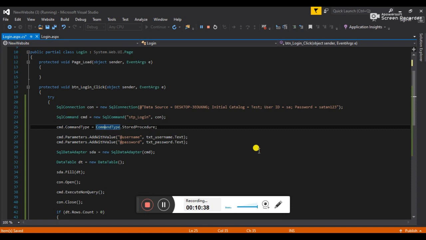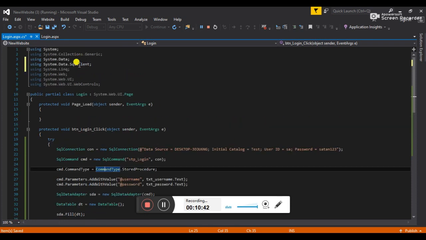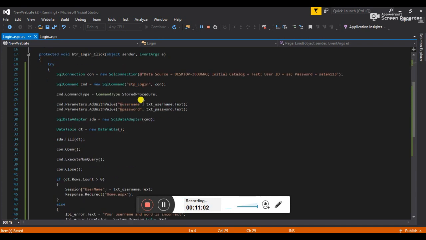So why did I get this error? Because some namespaces may be missing here. These two namespaces were not there in the code already, so I added them by just right clicking. If you are using version 2012 of Visual Studio, you will get an option of resolve, so you just have to click resolve. I am having the 2015 community version, so I will use the quick action.